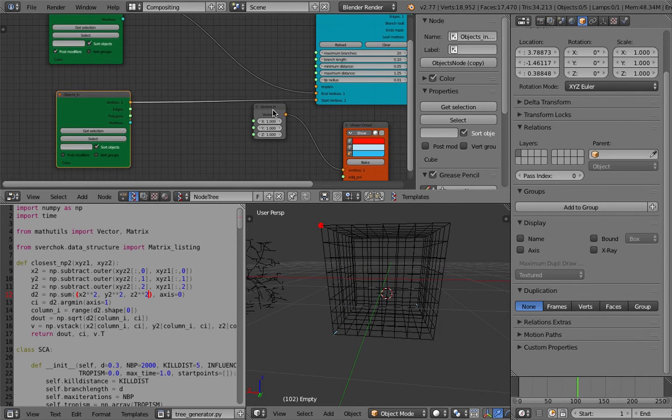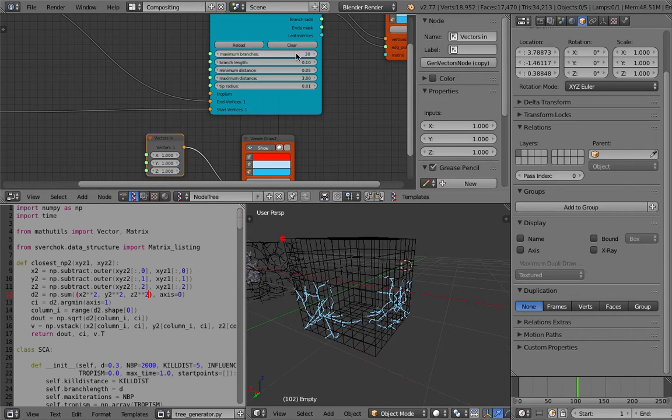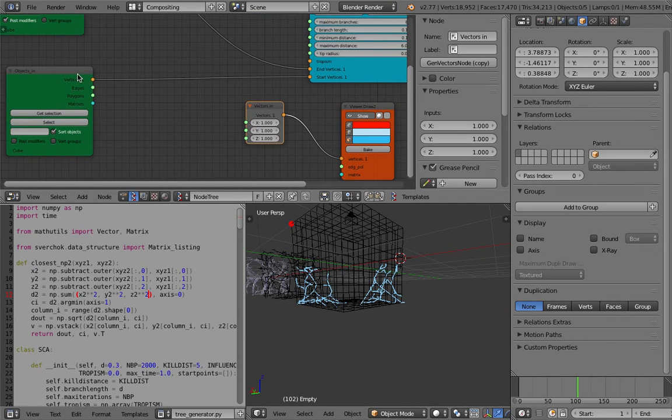and maybe we can see the result. Let's turn on, let's increase the maximum branches length. Maximum distance can be higher. Minimum distance. So